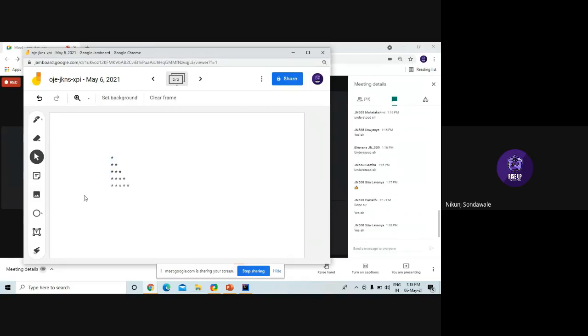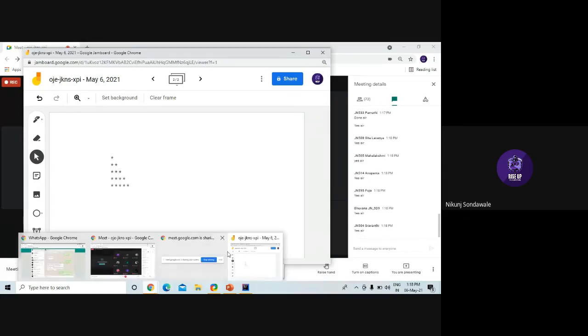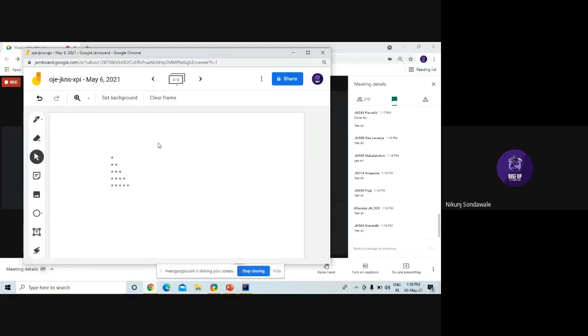I guess many of you remember this structure, the pyramid of asterisks. It is a really basic problem, we are studying it from the first semester. So let's perform this program with the help of nested loops in Java.